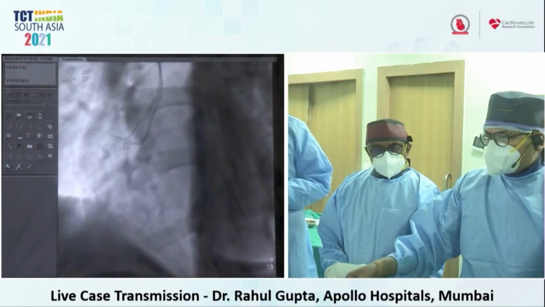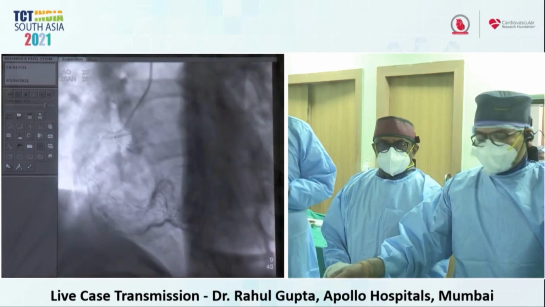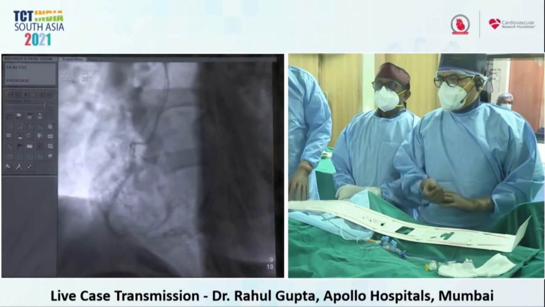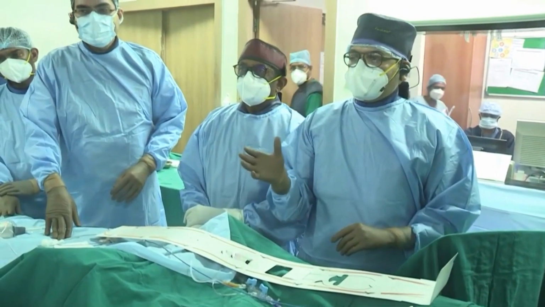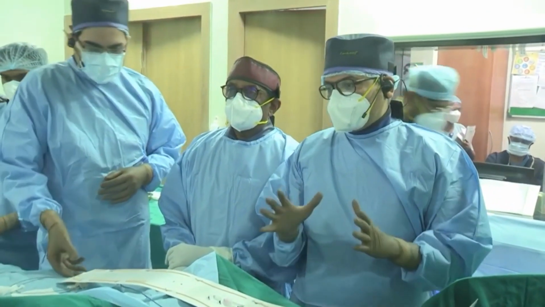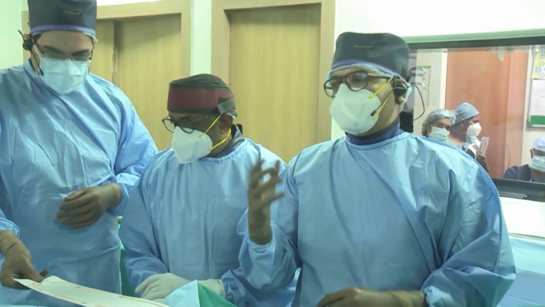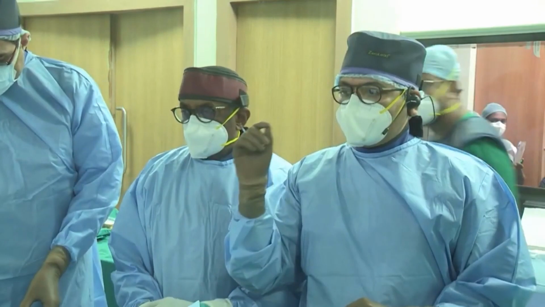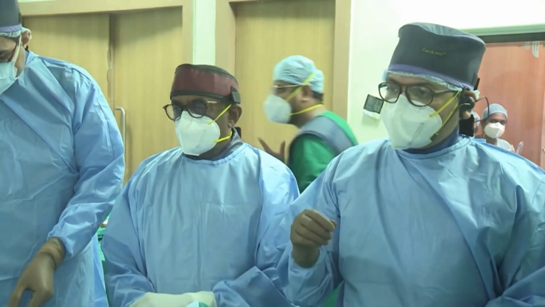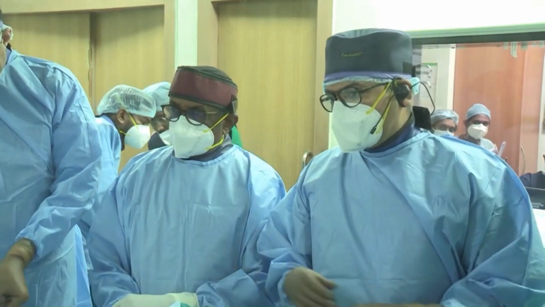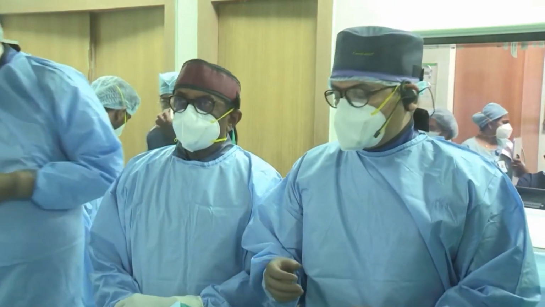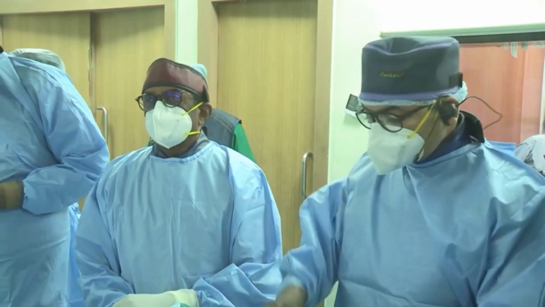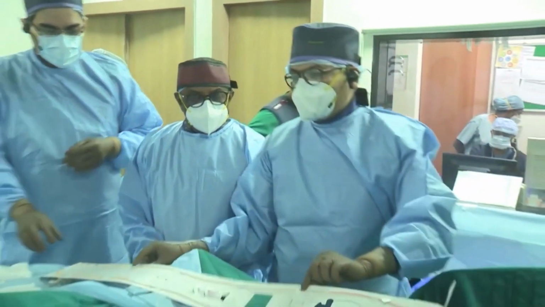But let us first focus on the radial system, which makes things quite easier whenever we are doing a 7 French access, because we all know that in 50% of Indian patients, the radial artery is not actually sufficient to take even a 6 French diameter catheter, and when we try to insert the sheath, they can go into radial artery spasm and a lot of issues. And when we talk about the 7 French access, it's definitely difficult through the radial access. So I think we will just show you this radial system demonstration.